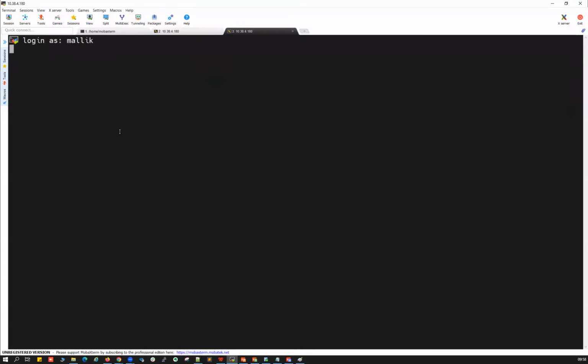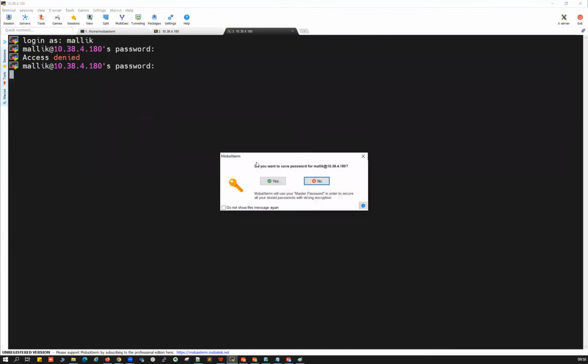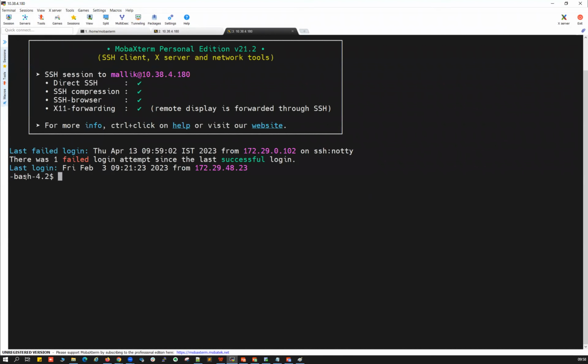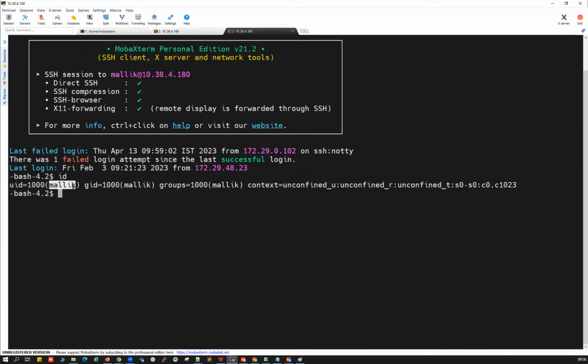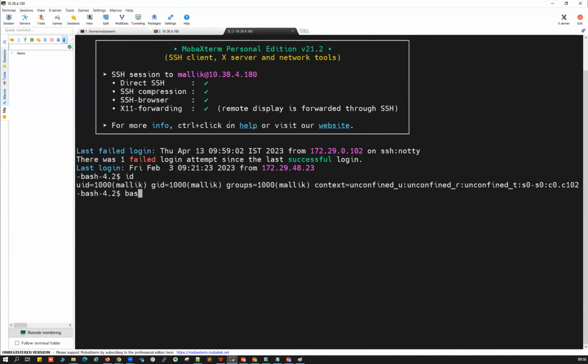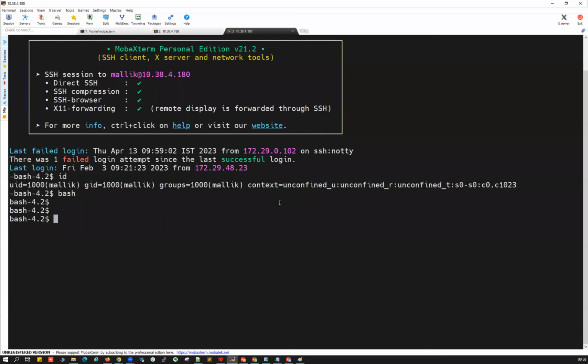I'll connect with the Malik user and hopefully the Malik password works, let's see. Right, I'm able to connect. The Malik user is able to connect to the server. If I do bash, I connected to the server.